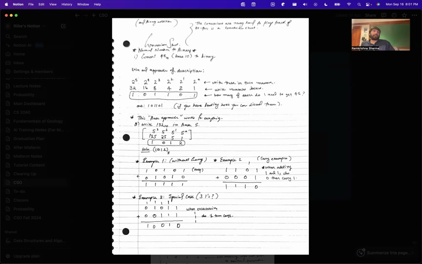Or what number did I need? What numbers do I need to add in order to get any particular number? You don't know what decimal number it is yet, right? You just have 101101 at your disposal. You don't know what decimal number, what whole number that will come out to